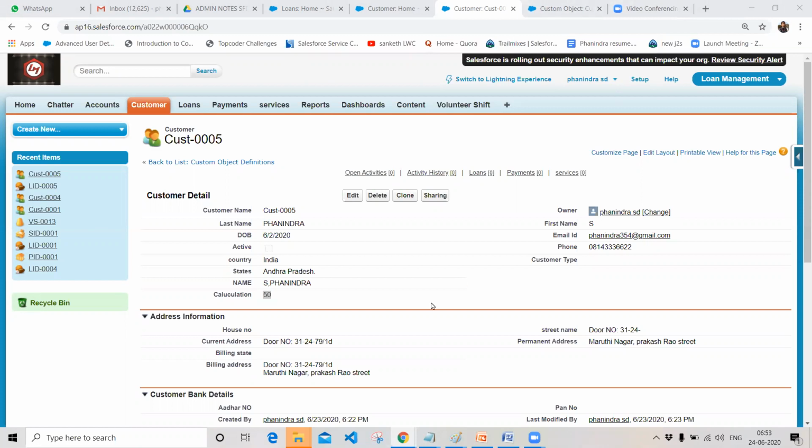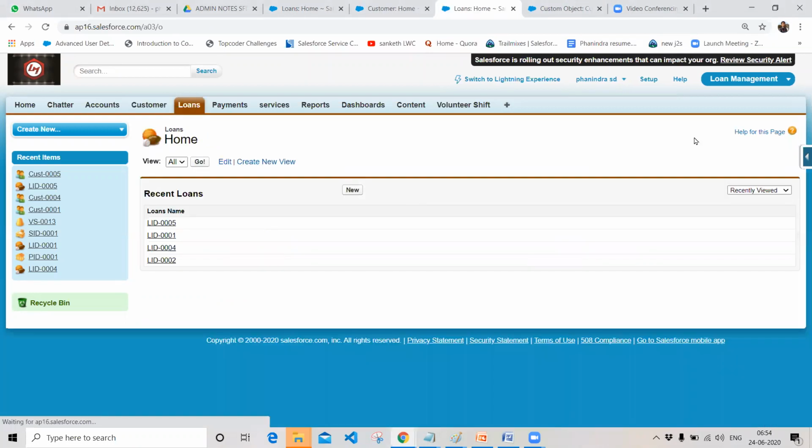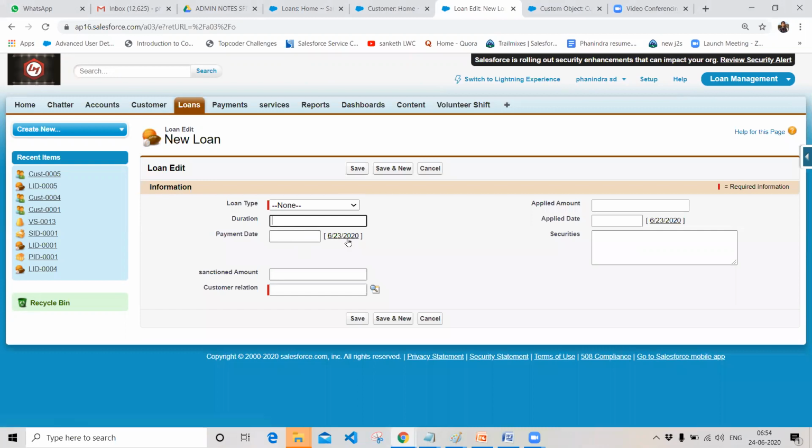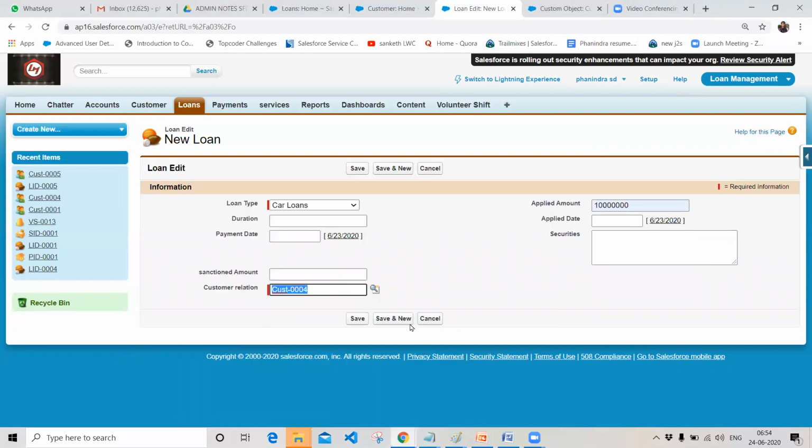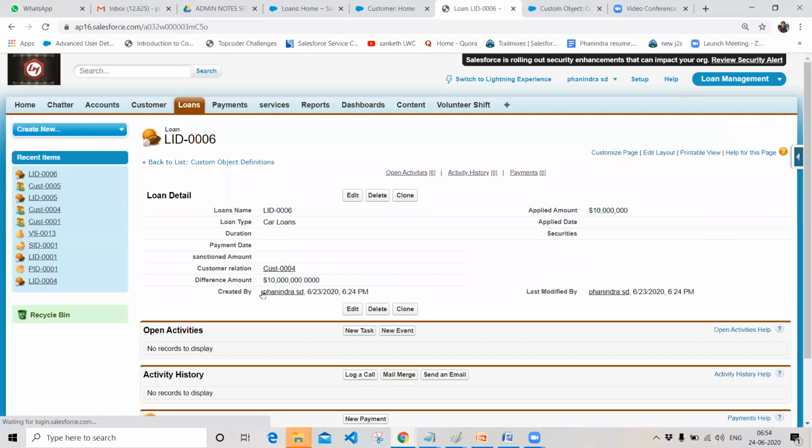So why do we need an if statement and an is blank statement? You are checking the field values over here. In the previous formula, you are not checking any field values. You are just making the difference of these fields. Let's go to the loan, and here we have created a formula field called applied amount minus closed amount. I'm giving only the applied amount, and I'm choosing one of my parent records since it is a master detail relationship, and click on save. It will just calculate the value. So it is having only the applied amount, it is giving the applied amount only.